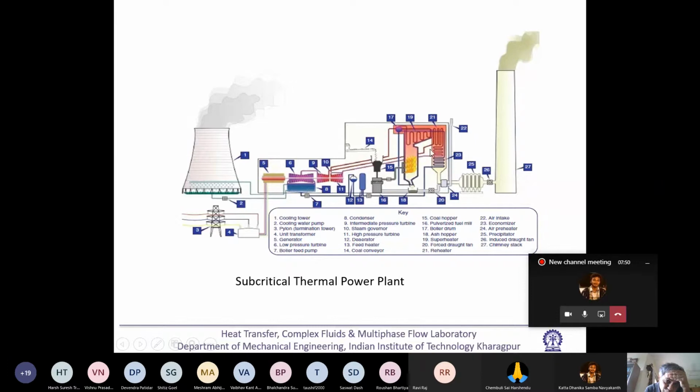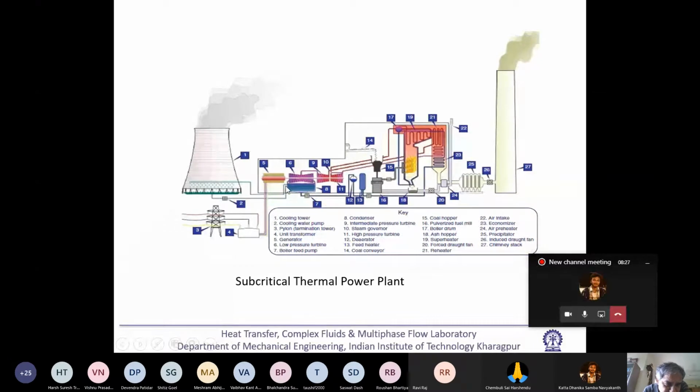And then once the superheated steam is produced, the superheated steam is coming like this, and then it is going to the turbine. So in the turbine, then it is expanding. After that, there is some sort of a reheat. So reheat also has been shown here. If you are a bit careful, you will find that. And after that, it is going to the low pressure turbine, LP turbine. And from there, it is coming to the condenser.